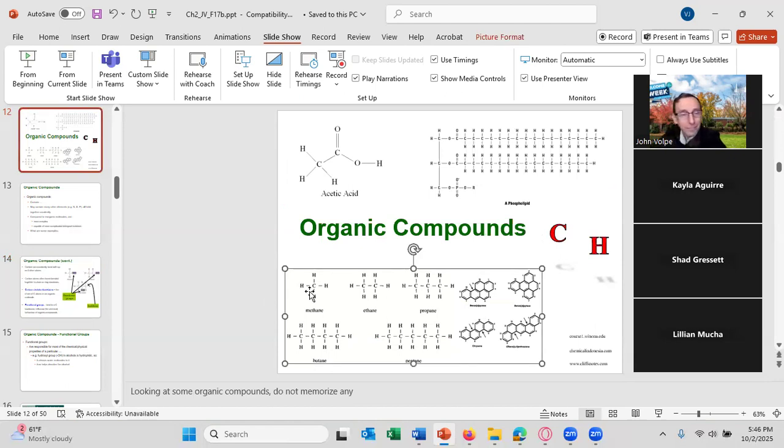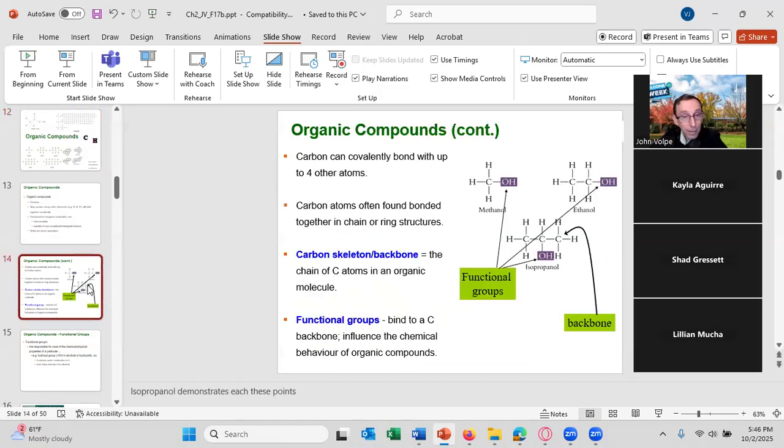If we then attach an OH group to the methane, we call it methanol because this is an alcohol. It has an alcoholic group on it. And this methanol can dissolve in water. It also is no longer a nonpolar molecule. It's now a polar molecule because the OH group is polar. Any question about any of that?